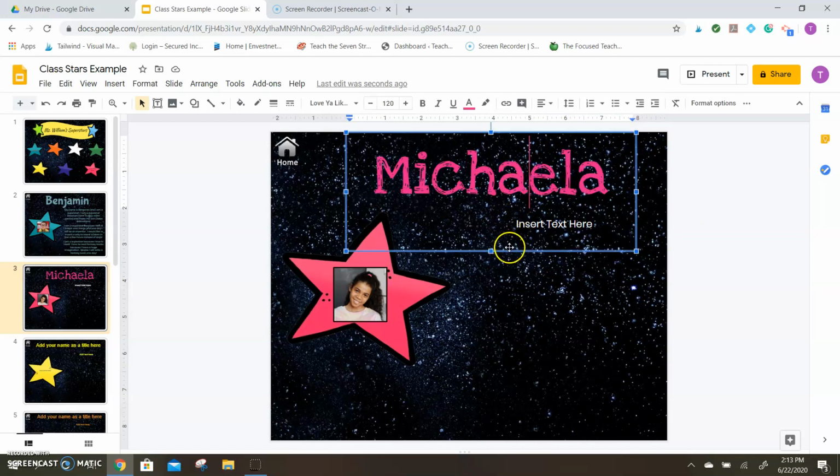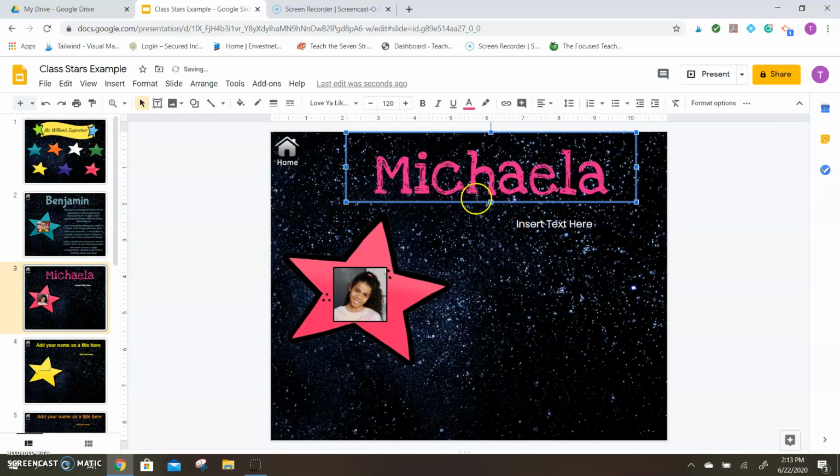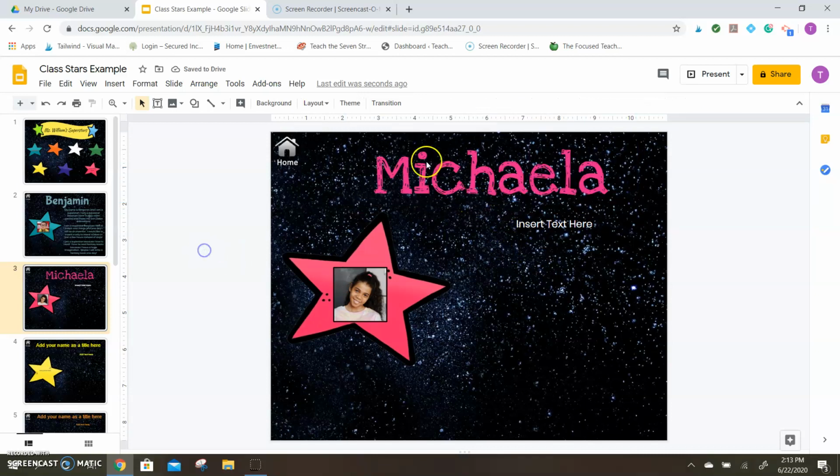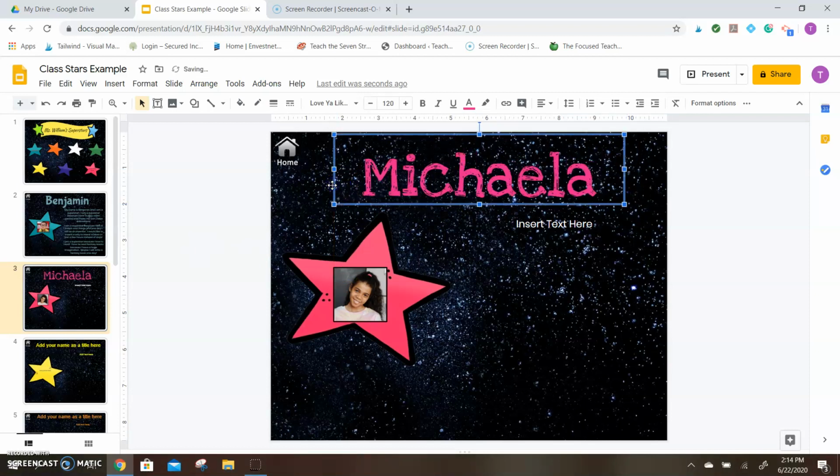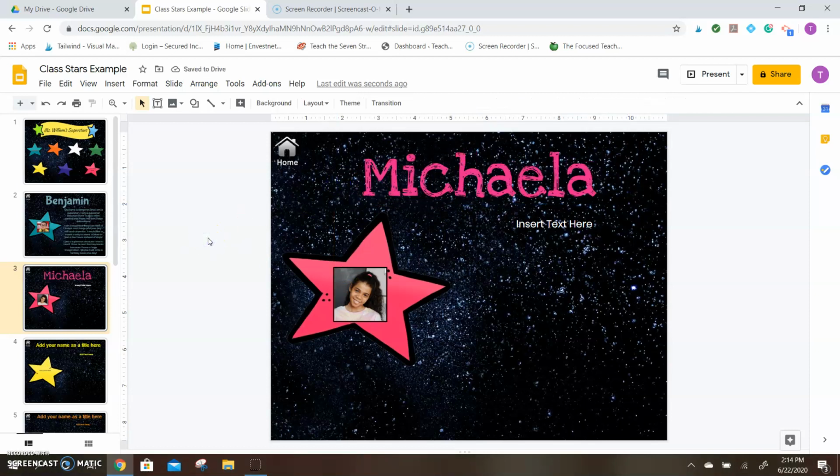I'm going to make this text box smaller, and then I'm going to move it just so that it looks a little more centered. There we go. Now, Michaela has written